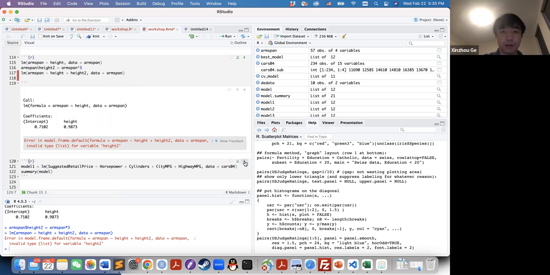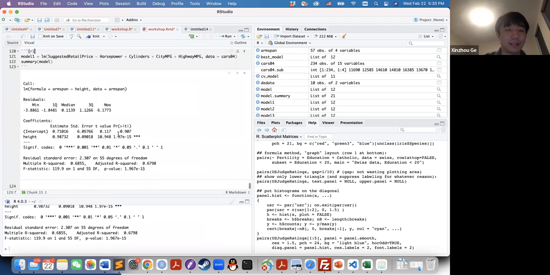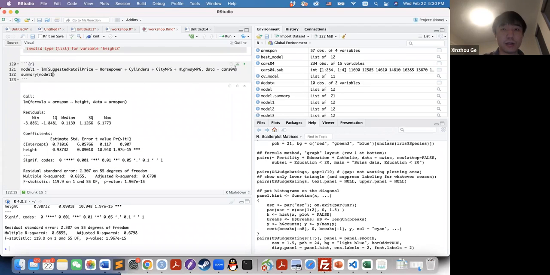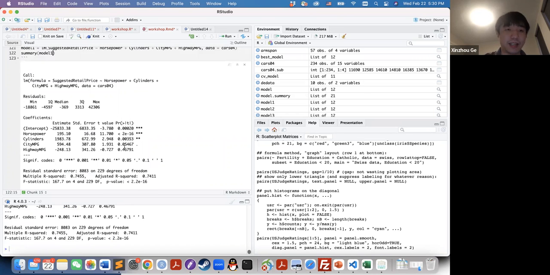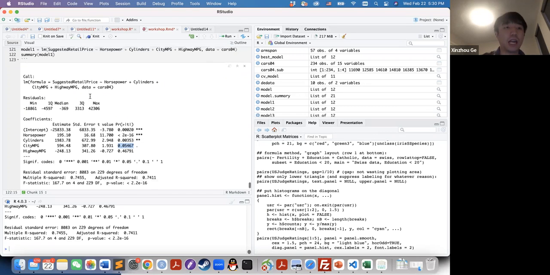From these regression results, we can see that the p-values for city MPG and highway MPG, these two coefficients, are both greater than 0.05. So these two coefficients are not significant. If we interpret these results, it means that if we add city MPG or highway MPG into the model, conditional on the other variables, we will not have improvement in the regression model fit. That's our conclusion. However, if we do the F-test,